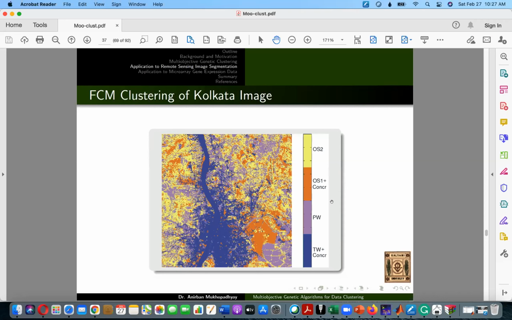Sir, this genetic algorithm, whatever you have said, can it be applied to other supervised algorithms, or is it only for clustering, like unsupervised algorithms? No, you see, the genetic algorithm is a general tool. It is just an optimization tool. It does not matter if it is unsupervised or supervised. If you can formulate your problem as an optimization problem, you can definitely use genetic algorithm. A lot of applications of genetic algorithm are there for supervised